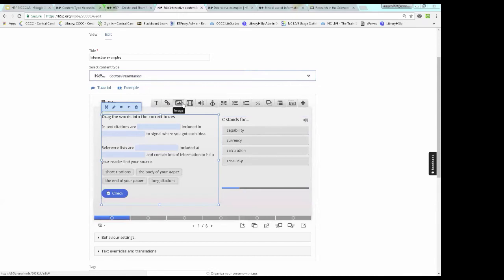In terms of interfacing with all browsers, I found that the editing portion works best in Mozilla, but it does work in all browsers. There's a little bug that I've encountered using Google Chrome that apparently they can't replicate on the help end of H5P, and no one else has had it, so I'm going to say that's probably just my computer.